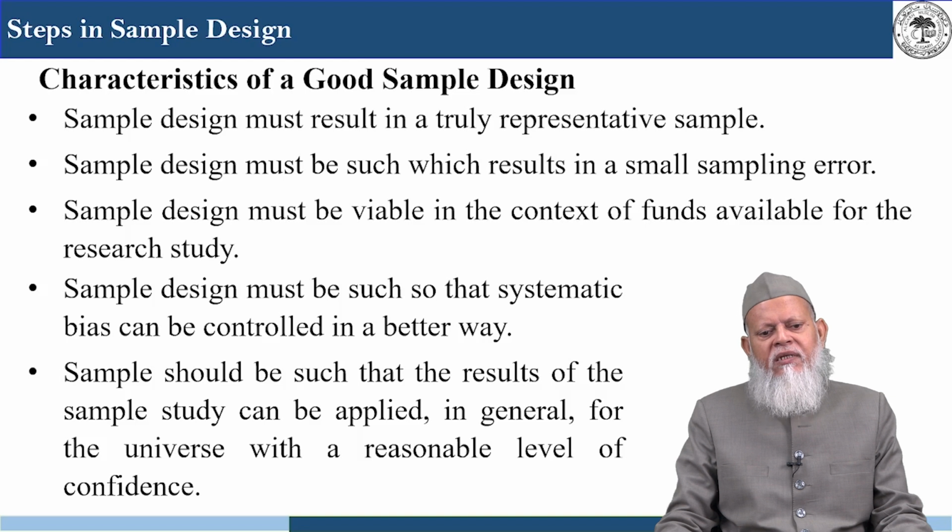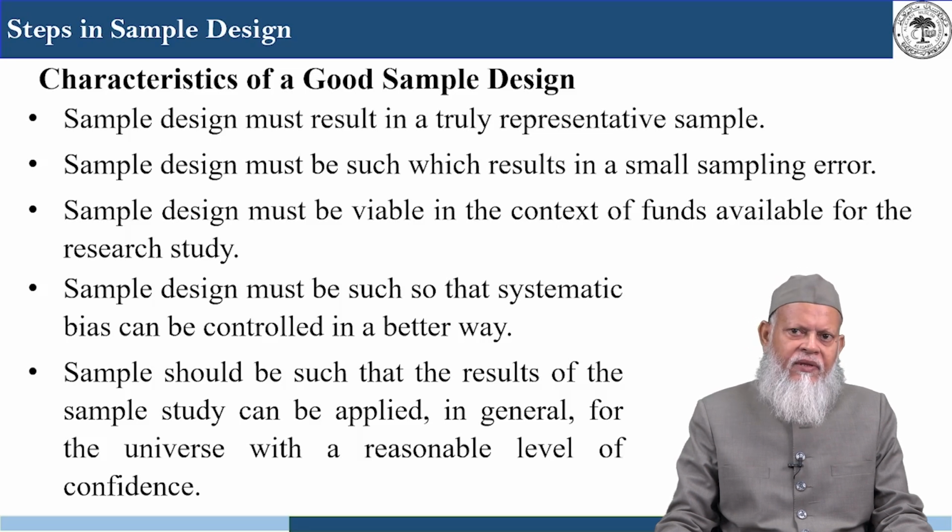This has all been done to make a sample which can give results that can be generalized for the whole of the population, and the confidence level is maximum. There is 99% level of confidence where the error is only 1%, 98% confidence level where error is 2%,